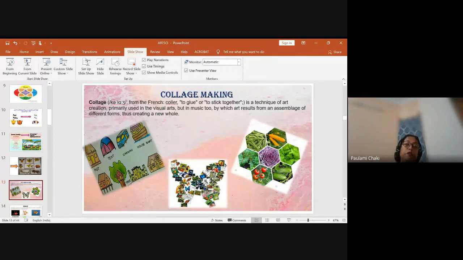Then you go to different parts of your house and see what different acids and bases you are using at your home. Then you draw the pictures or collect the pictures, put them in a collage form, and arrange them in such a way that acids are on one side, bases on the other. So I give them this. That can be done in higher grades also.